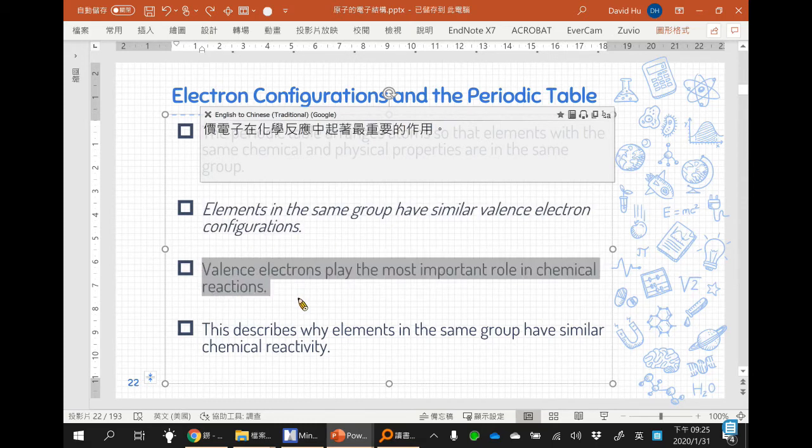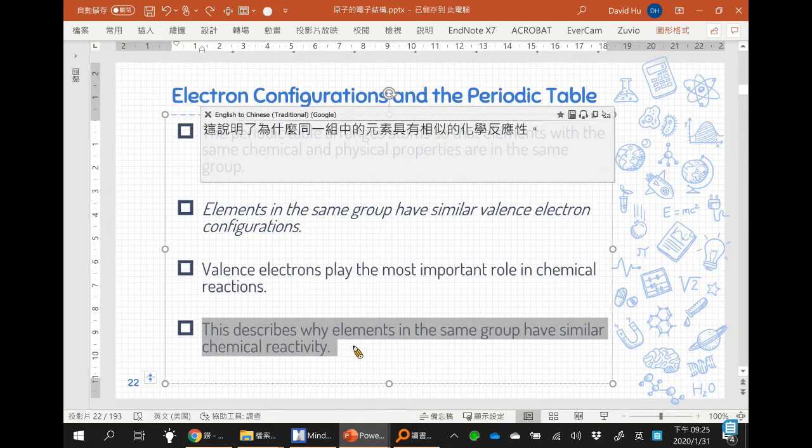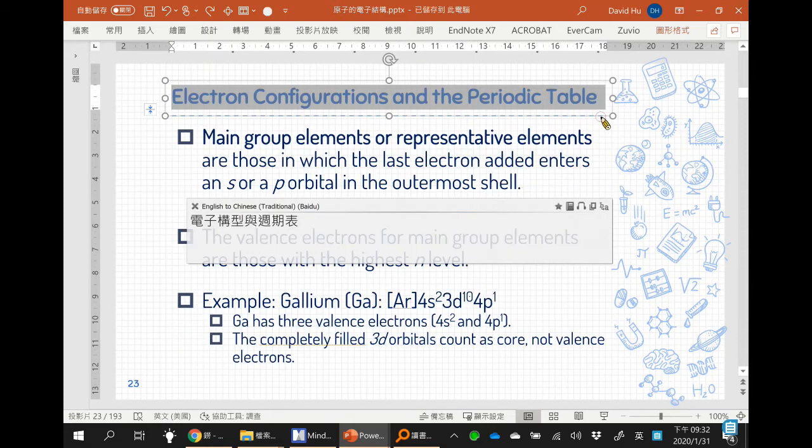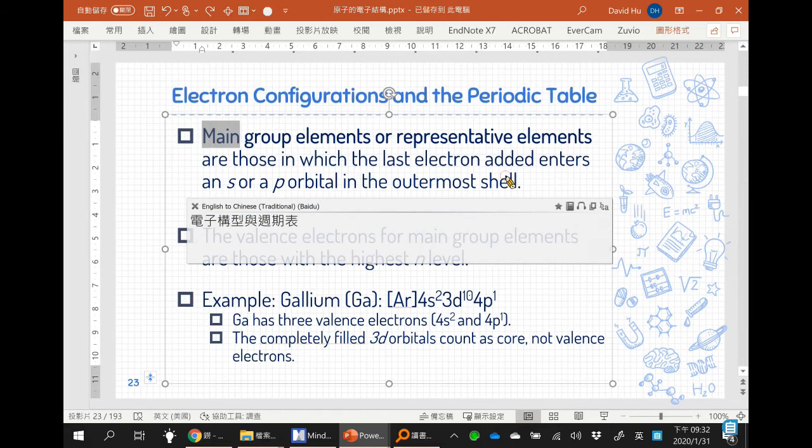Valence electrons play the most important role in chemical reactions. 价电子在化学反应中起着最重要的作用。This describes why elements in the same group have similar chemical reactivity. 这说明了为什么同一族的元素具有相似的化学反应性。Electron configurations and the periodic table. 电子组态和周期表。